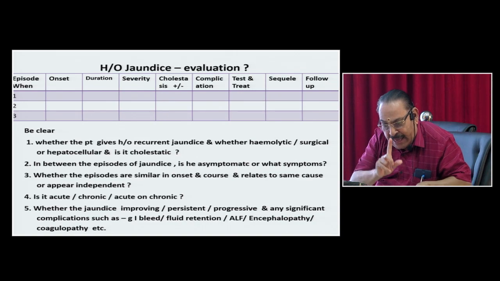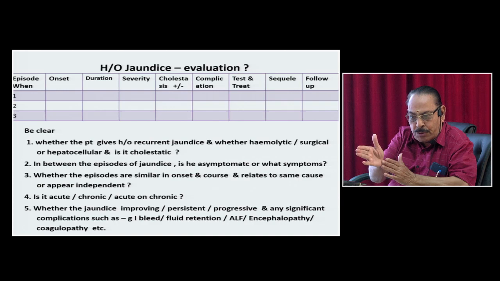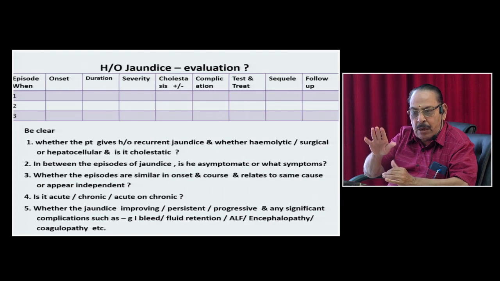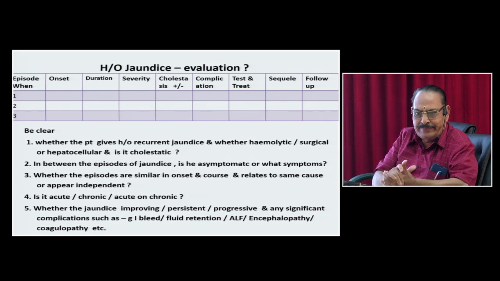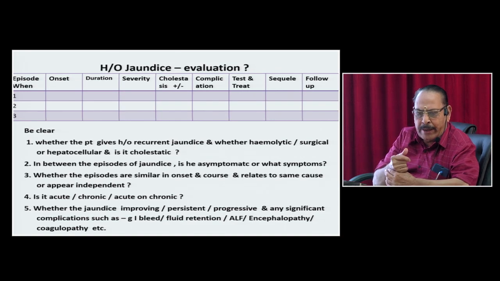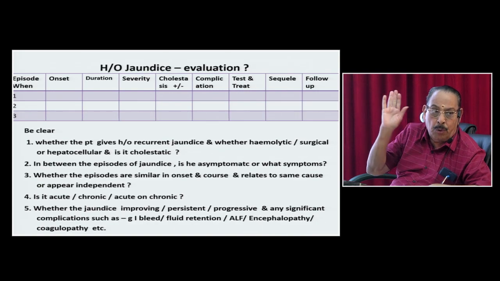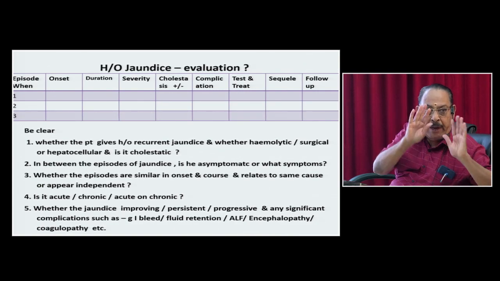In history, at the end, you must be able to define what is the diagnosis, what are the complications, what are the comorbidities, what is the course of illness. Is it going to be all right, or registered for a long contract, or poor prognosis? All these things should be gathered whenever you take history, not only for this, but also for any disease.